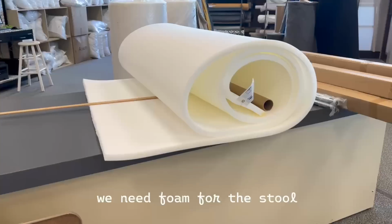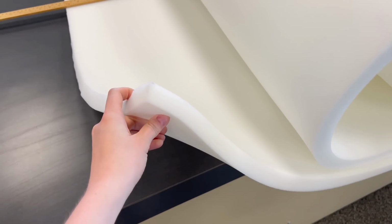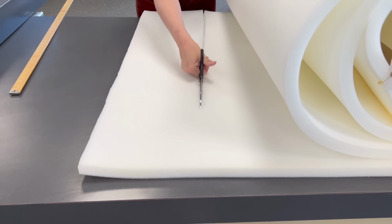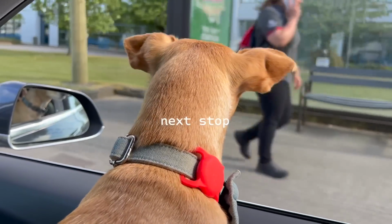So first stop, the fabric store, because I need some foam for my stool, which I hate the word stool. We need a new name for a stool. It just sounds like poop every time I say it, but I ended up getting some, which was very, very overpriced. So I ended up trying to get the smallest amount possible, and then I'm just gonna glue it together. And then the next stop,